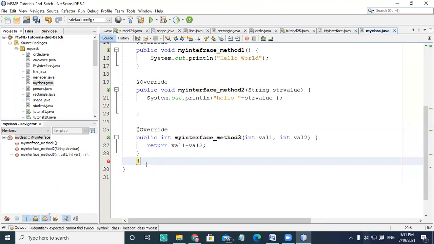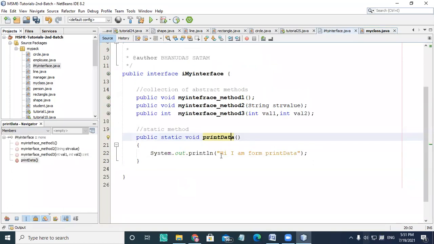If I'm saying my interface dot, it's only giving me the interface name, but I can't directly call the shareable method called print data here.